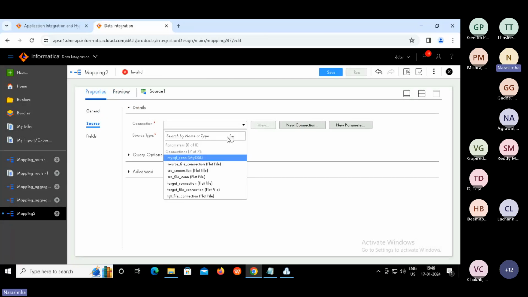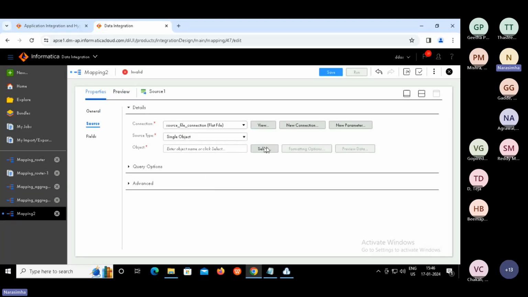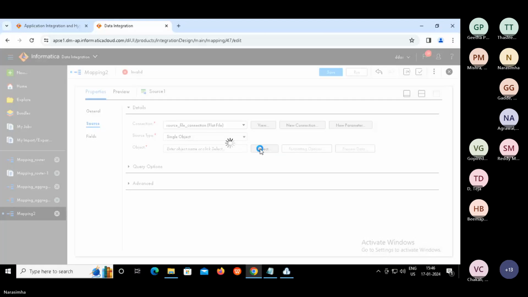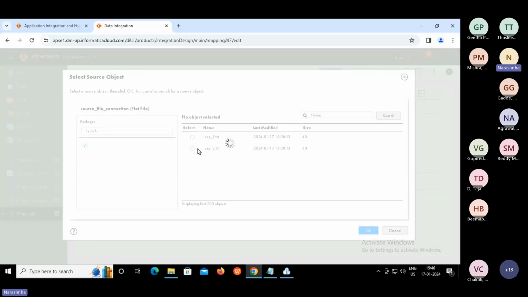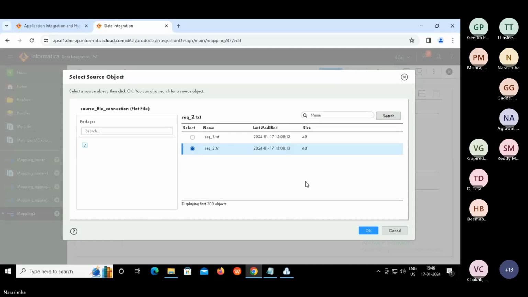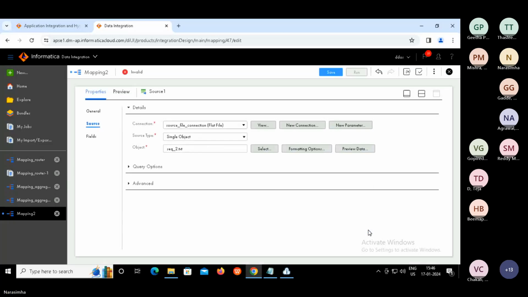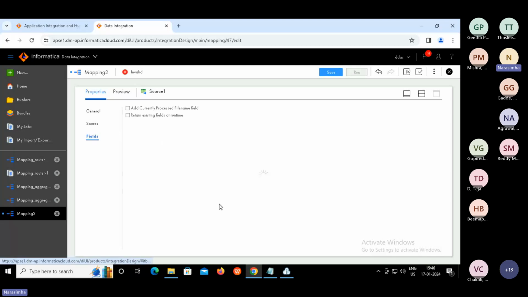Same source file connection because we got the second file in the same location. If it is a different location, we can specify some other connection also. Say okay. So that's it, guys. The fields are the same anyway.